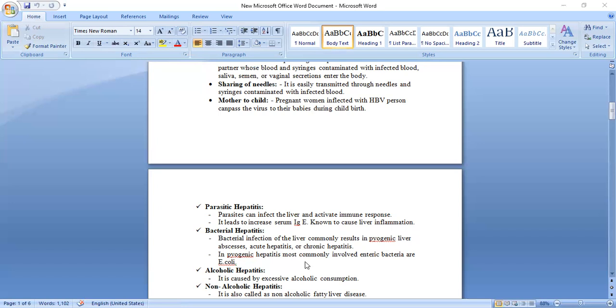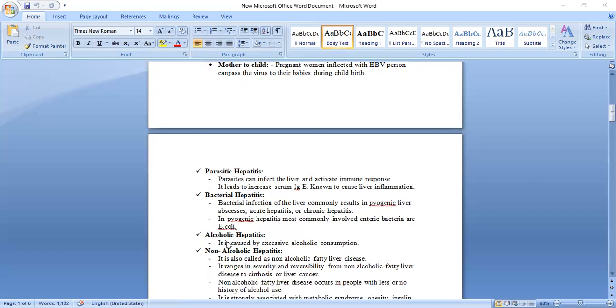In pyrogenic hepatitis, most commonly involved are the enteric bacteria, that is E. coli. These E. coli are already present in our intestine. If they go beyond the limit, they cause infection. So bacterial hepatitis is mainly due to our enteric bacteria, that is Escherichia coli, E. coli. Okay. Alcoholic hepatitis, the name itself indicates